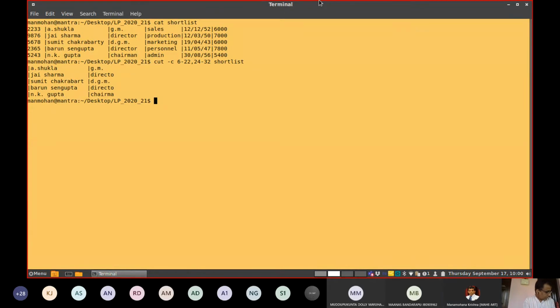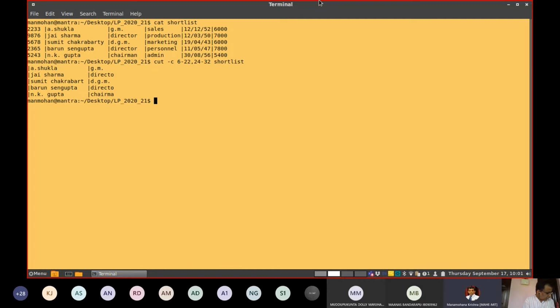So this is about one particular form. Now the -c option is useful for fixed length lines, very useful for fixed length lines. But many a time practically, when you are working with any system configuration files, we may not find all fixed length lines. For example, if you're working with the password file or any configuration files within the folder /etc, the number of characters in a line may vary.